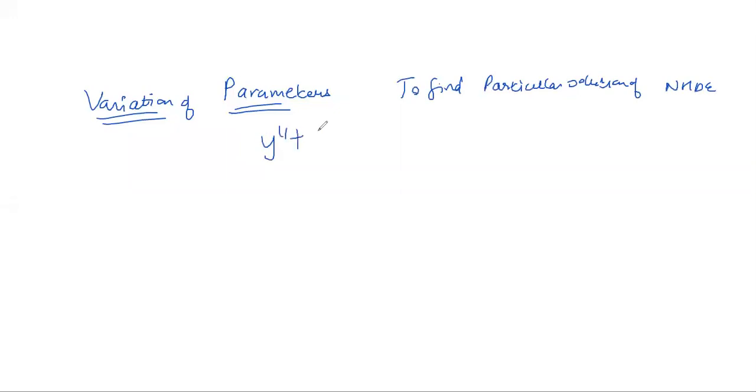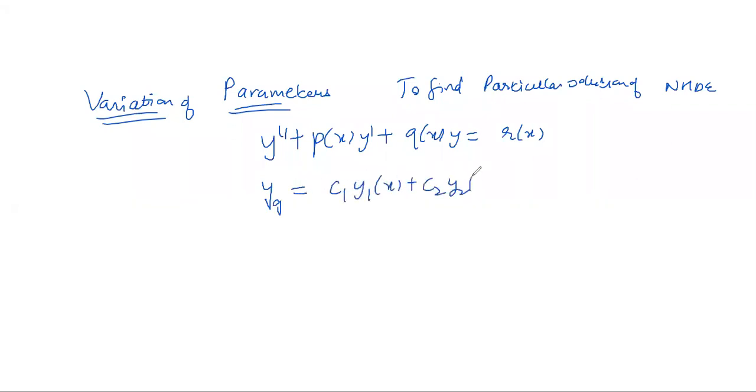So you have this type of differential equation. You see, I have written P(x) and Q(x) now, which means they are allowed to be variables. We already know how to find the general solution of a homogeneous differential equation. Once you have the general solution of the homogeneous differential equation, then the particular solution of equation number 1,